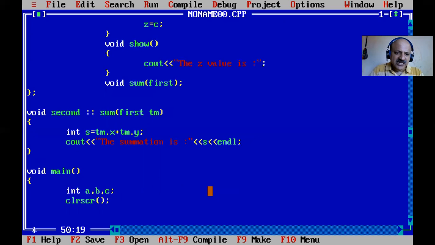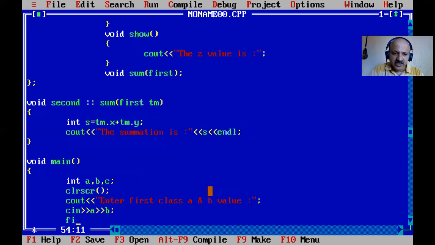We can pass dynamic values, and you can also pass static values. So here we can scan: enter the first class a and b values. So we can find that the first class values are scanned, and we can pass A and B into the first class. So taking the object,